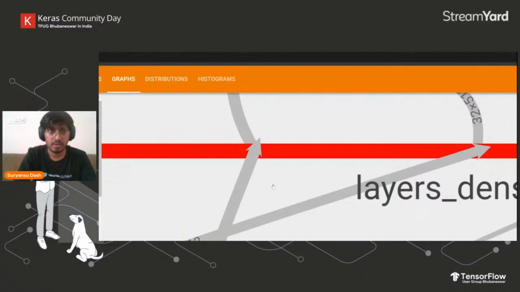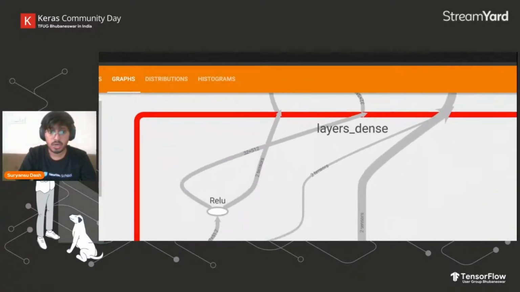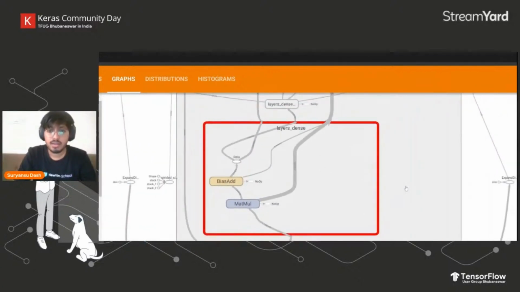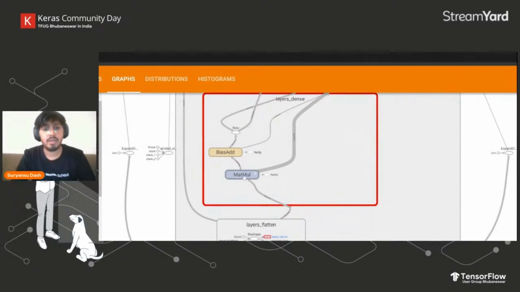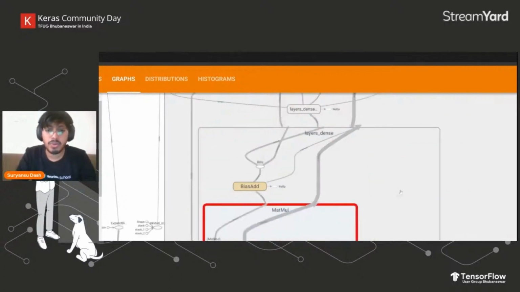give me a second, I guess my browser, yeah. I'm zooming out a little. So yes, what happens inside the dense layer? The output is coming from flatten, it's getting multiplied, then a bias is added, and then it's being passed to the next layer. So again, you can see each component in depth here.